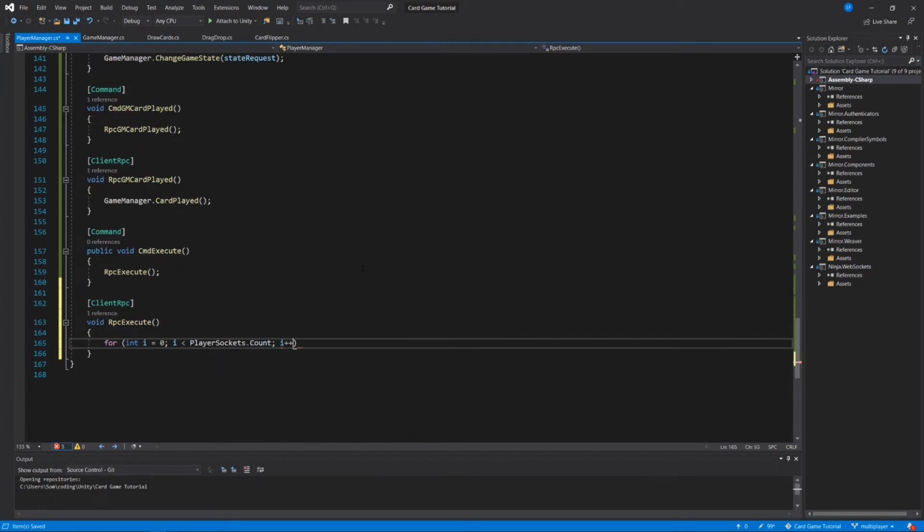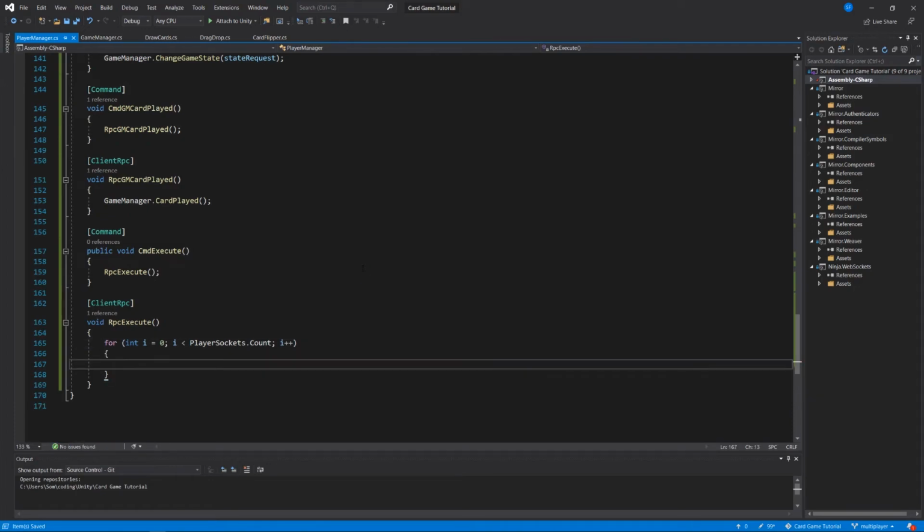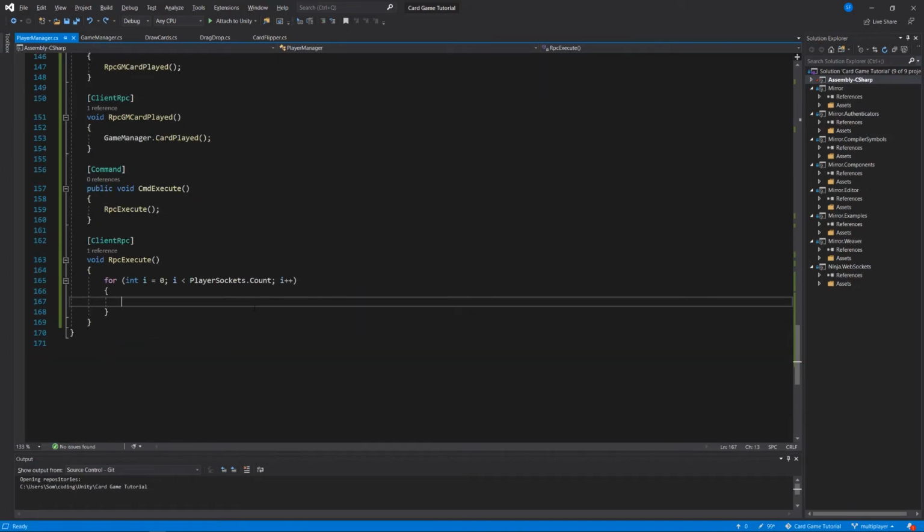I plus plus. And within this for loop, I'm going to say player sockets at the index of I dot transform dot get child in parentheses 0 dot game object dot transform dot set parent, and in parentheses player yard, comma false. That just means that I'm looping through the player sockets list that we've set up for ourselves, and